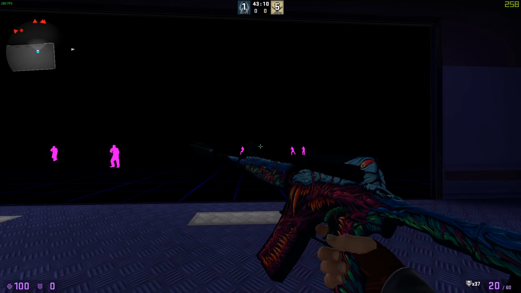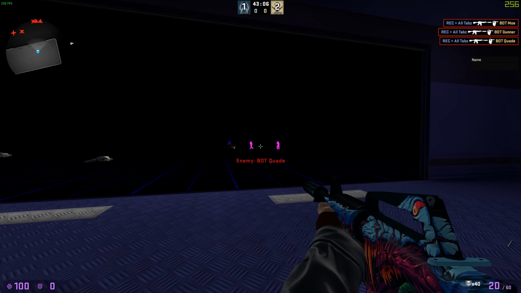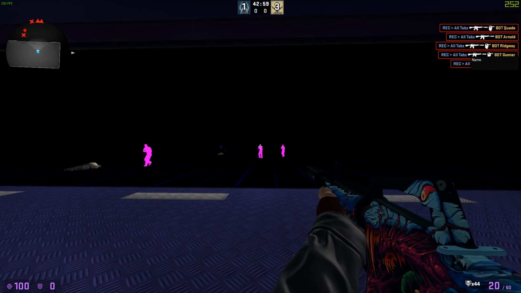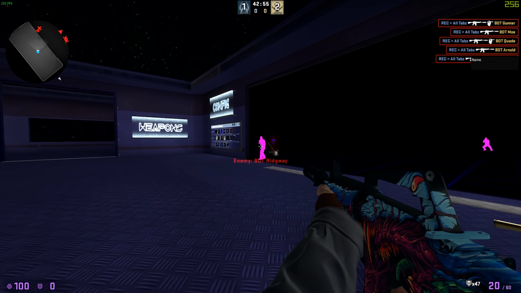Anyways, guys, that was the little overview of Redeye Cheats V4. Again, it is in beta, so if you plan to purchase it, just know that there are going to be a few bugs, but they are working on the cheat every single day. New features are being added, and you can expect this to be one of the better legit cheats on the market,